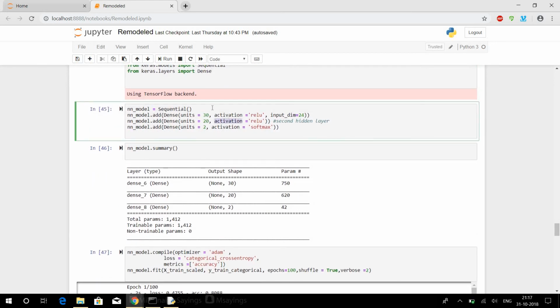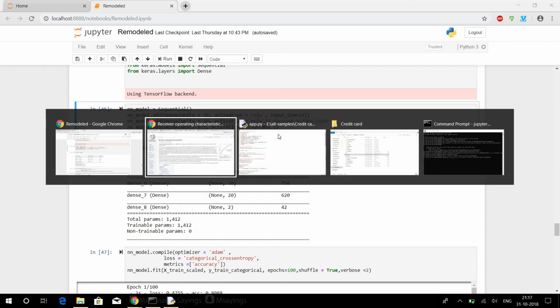So here we're starting a neural network. The Sequential function designs a neural network, and we are adding 30 units of the initial input layer, input dimension being 24, and we have 30 nodes in the actual first input layer. And the activation function is ReLU,